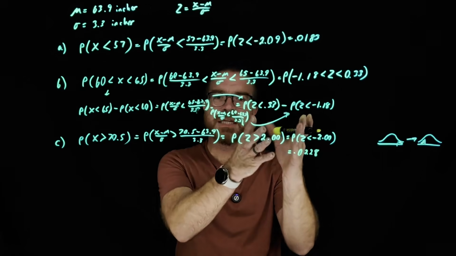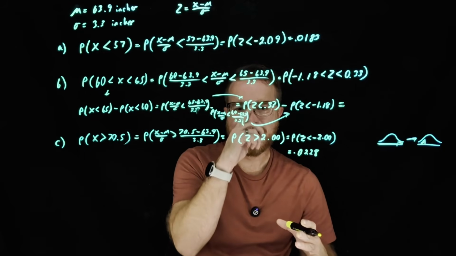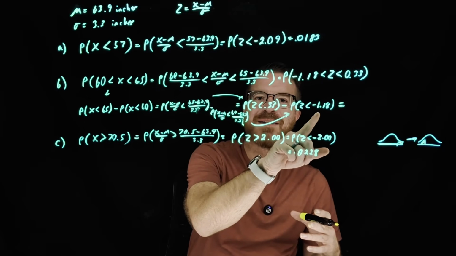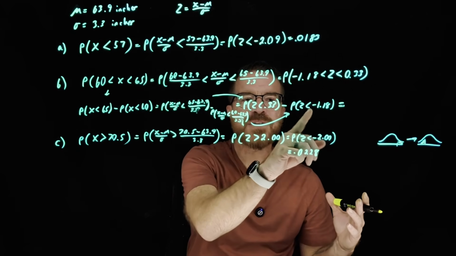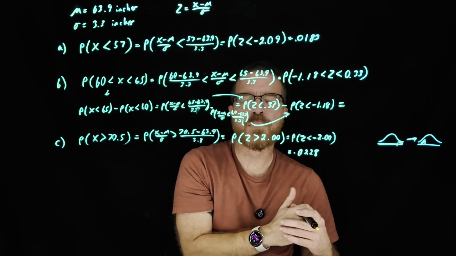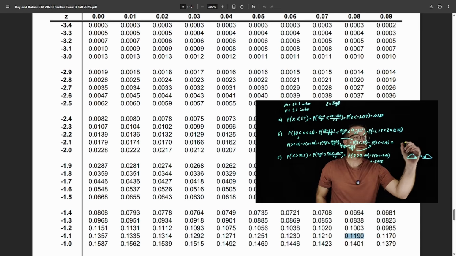And now let's focus on part B. So our first probability, we're going to be on our positive z values table. Our second probability, we're on the negative z values. So again, we already have the negative z table in front of us. So let's actually figure out what this one is first. What is the probability of z less than negative 1.18? So looking at our table, going down to negative 1.1, going over to 0.08, we get a value of